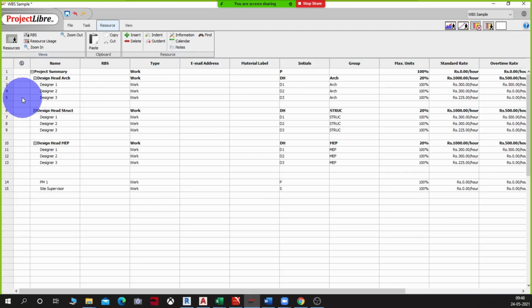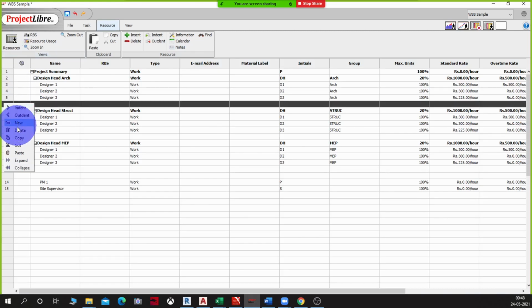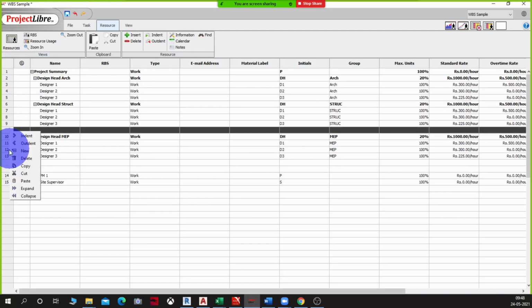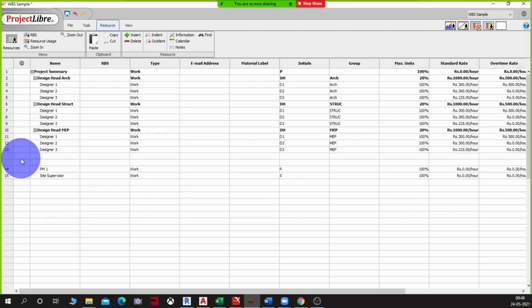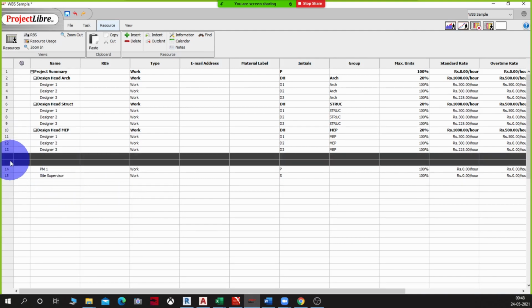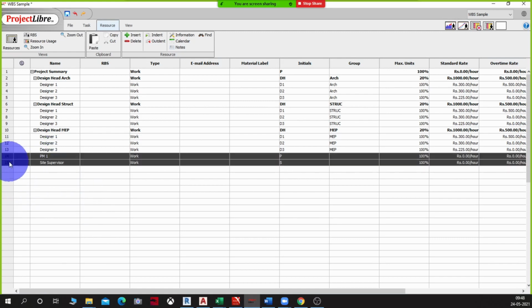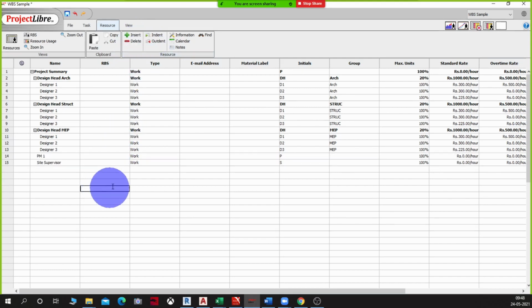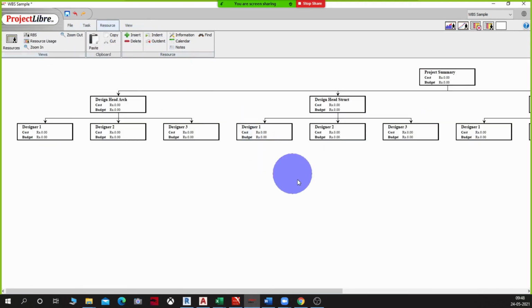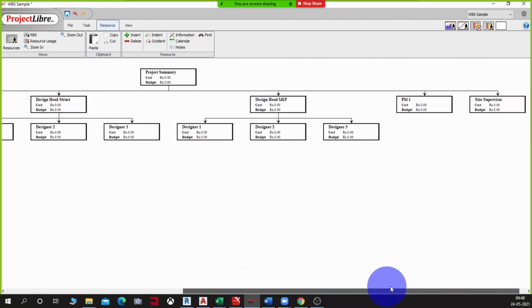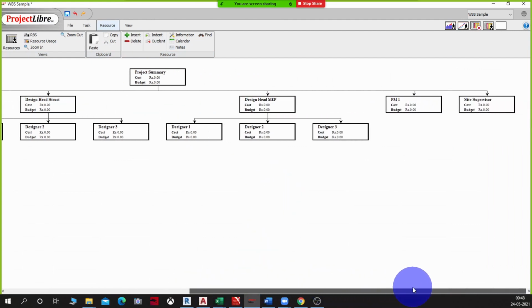Okay, I need to delete this and this and these two. Okay, now these two are outdented and part of only the project summary. Okay, clear?